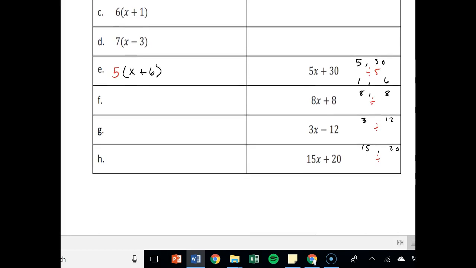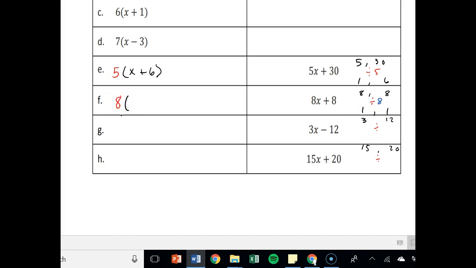And then working backwards, you say, okay, what number can I take out of 5 and 30? What fact do they have in common? And then in this case, it's 5. So if I take out a 5, I'll be left with 1, or just x plus 6, right? So here, what's the biggest number I can take out of 8x plus 8, of 8 and 8? Well, obviously it's 8, right? So I'm left with 1 and 1. So this would be, if I took out the 8,